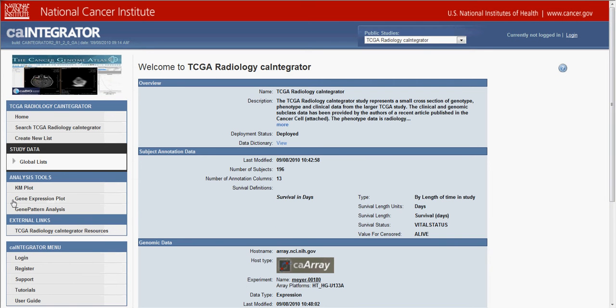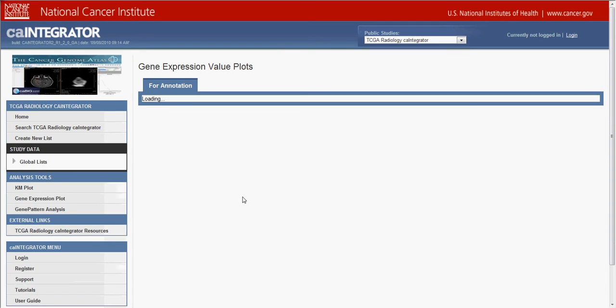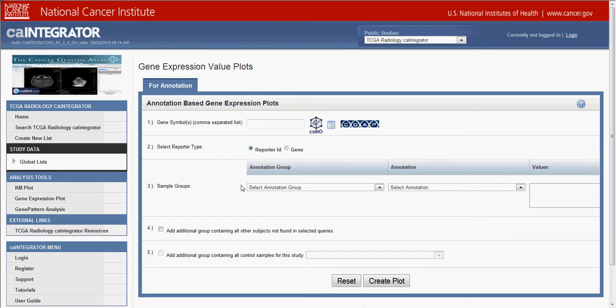The tool we're going to use is a gene expression plot. Let's click on that. What this tool does is associate the gene expression levels of a chosen gene, either one gene or a list of genes, with particular subject annotation parameters that you choose. Let's say, for example,